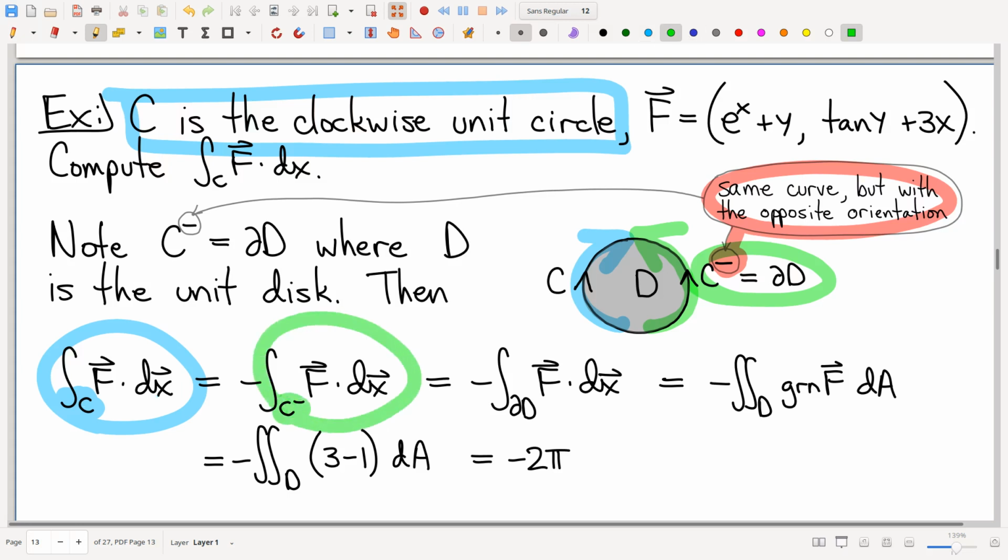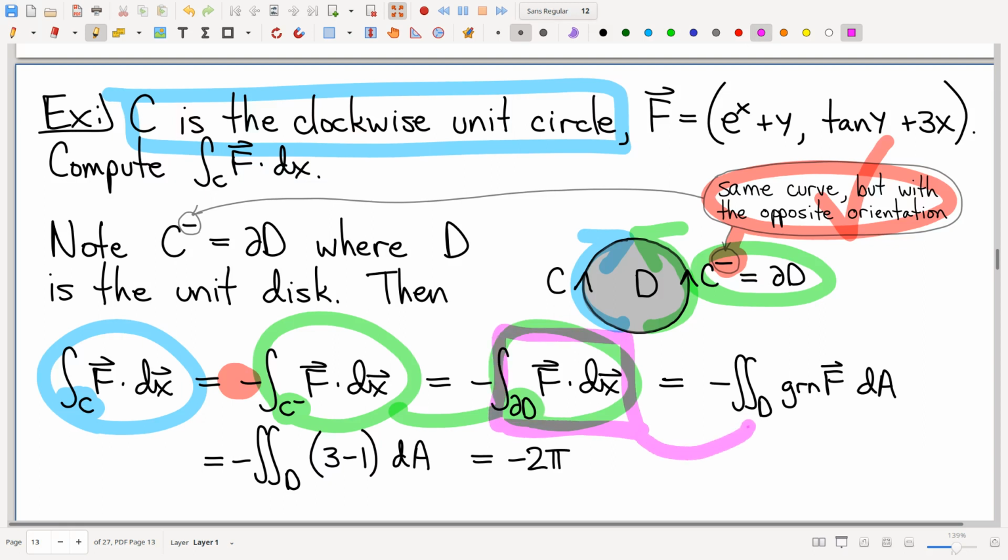Instead, I'm going to compute the counterclockwise oriented integral and just fix it with that minus sign. Again, that's what an orientation change does. An orientation change just gives you a minus sign in your result. And now that we've translated the question to being about a boundary, now that we're looking at literally a boundary, now I can invoke Green's theorem, and Green's theorem tells me that this